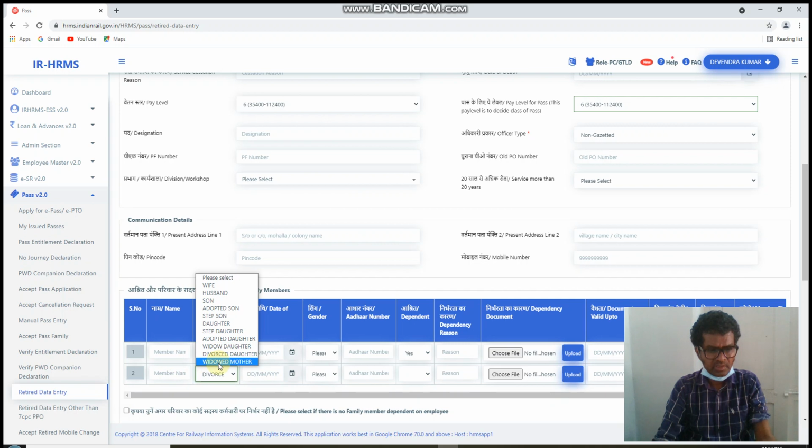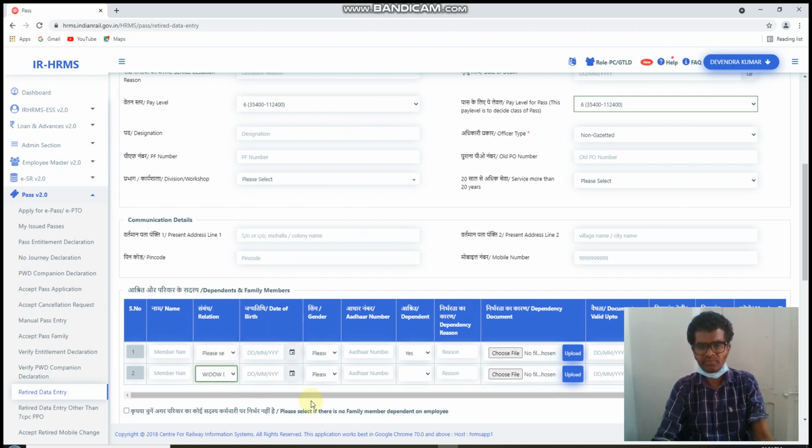For a widow mother you have to upload an income certificate for her, and also the same kind of things like widow daughter means divorce certificate, unmarried certificate, unemployment certificate, that you have to upload here only.